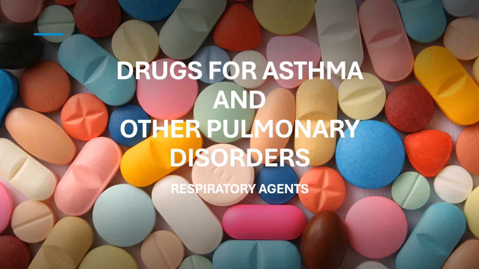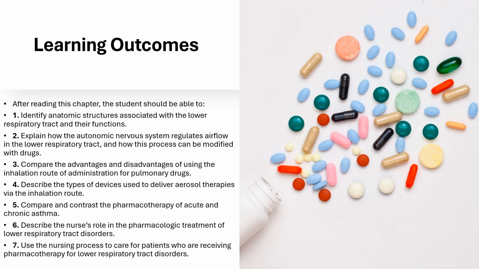For the second part of your respiratory tract agents, you'll have drugs for asthma and other pulmonary disorders. So, in this chapter, the student should be able to identify anatomic structures associated with the lower respiratory tract and their functions. Explain how the autonomic nervous system regulates airflow in the lower respiratory tract and how this process can